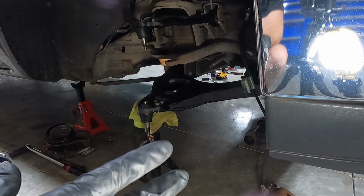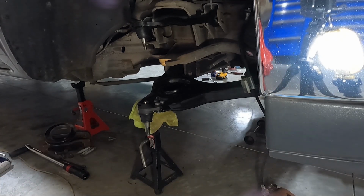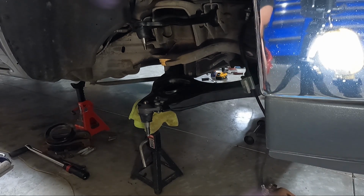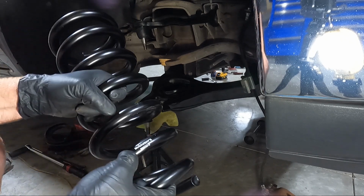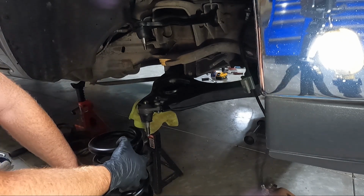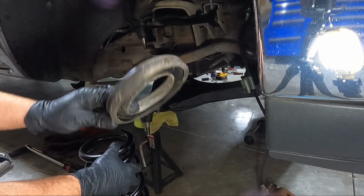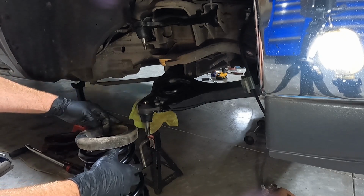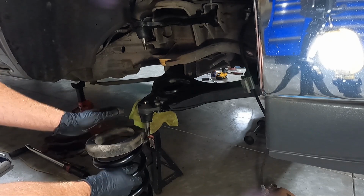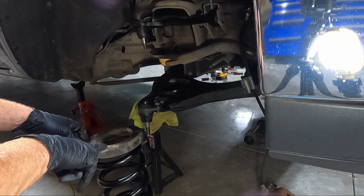Okay guys, so now we're gonna go grab the spring. As a matter of fact, I'll just get it right now. The only important thing, obviously we're gonna have to move our jack stand, but the spring has a label on it. Try to be able to read the label. The other thing is, if it's not completely destroyed, which this one is not, I like to put my little rubber protector back on top. The reason why is that you don't have any squeaks and whatnot when you have that on there. If you don't have that, guys, I would suggest putting maybe some